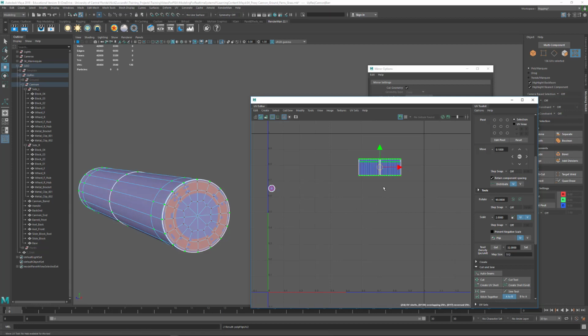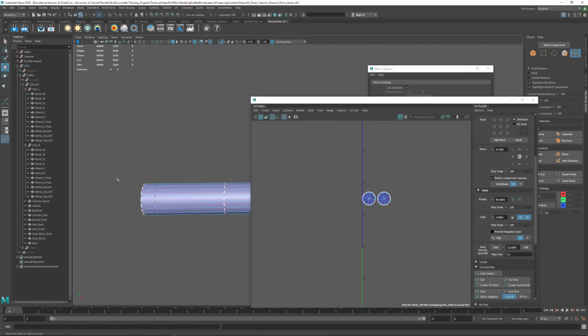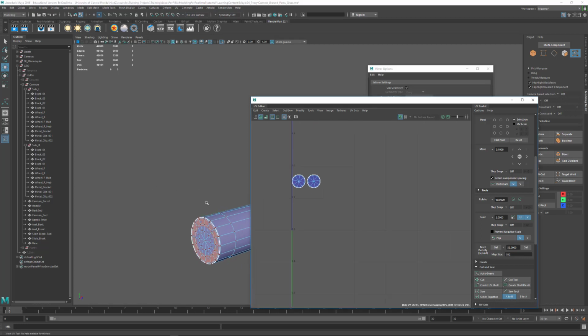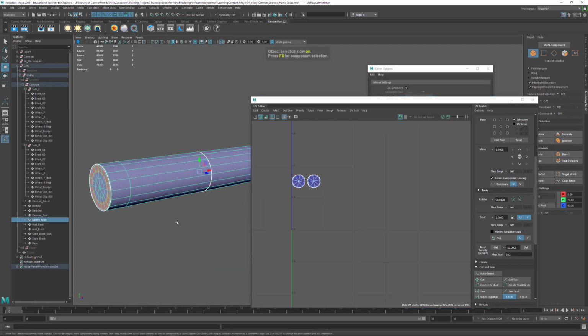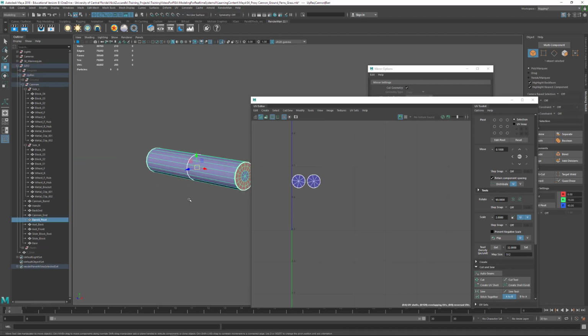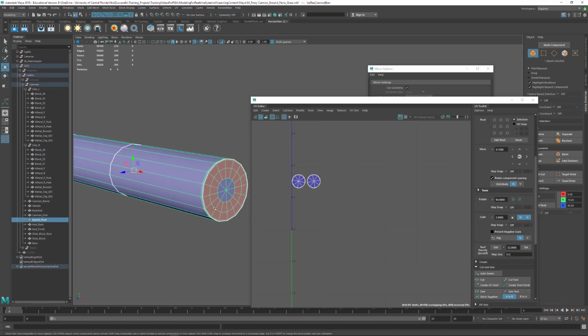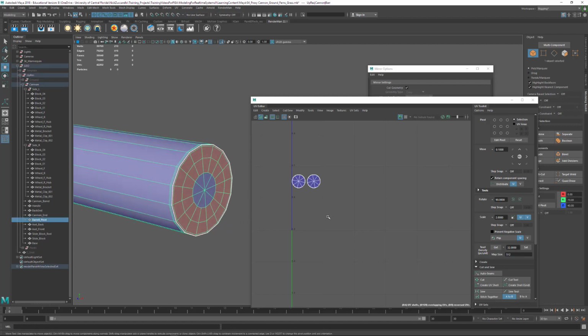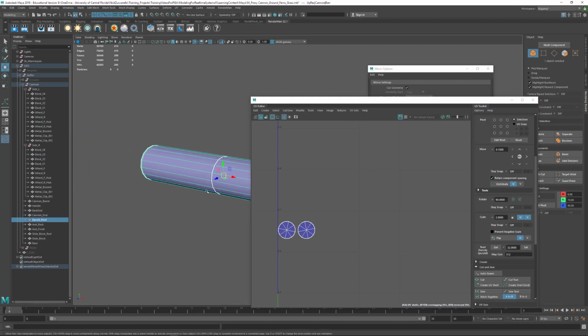Looks like both of them are the wrong way. You want them to be blue. So if I select one, the red one is the problem, and I can flip that. And once I do that, then everything should be good. I think this is just a display error on this. I'll tap 1 for that, and we'll take a look at this. In here, and it looks like it did kind of mess this thing up,